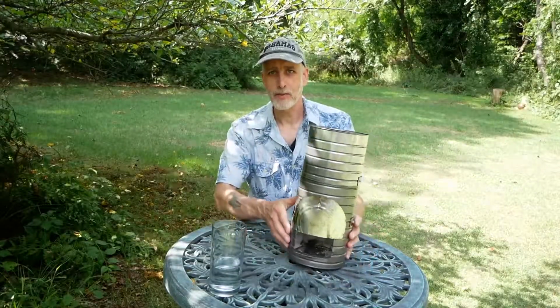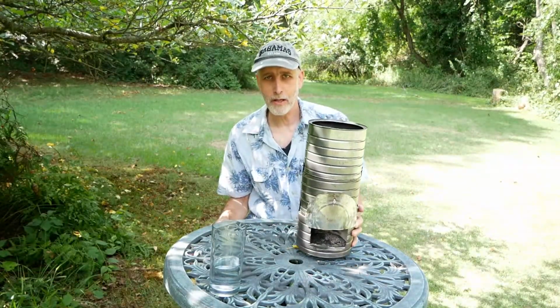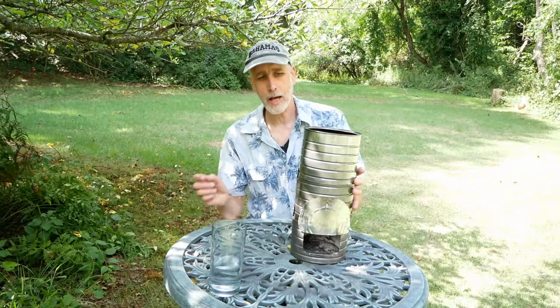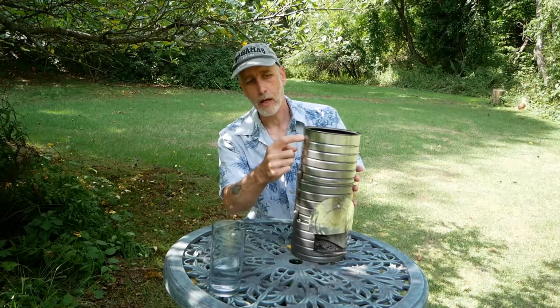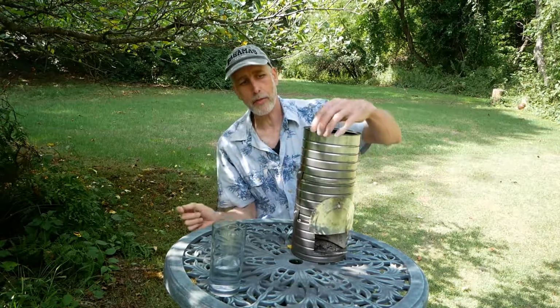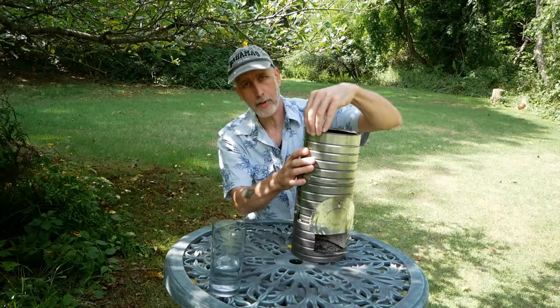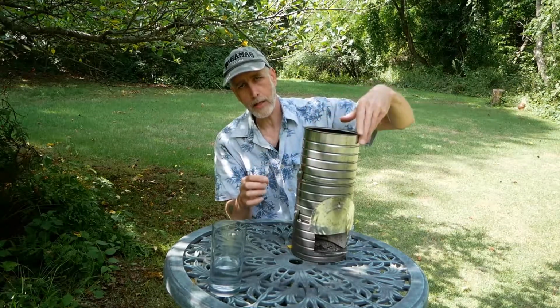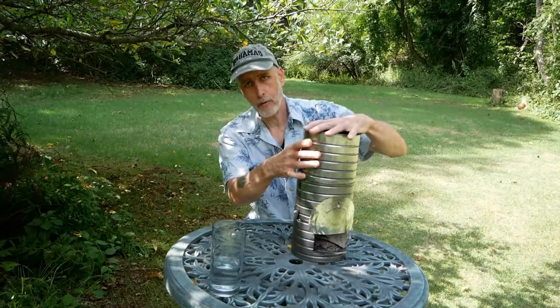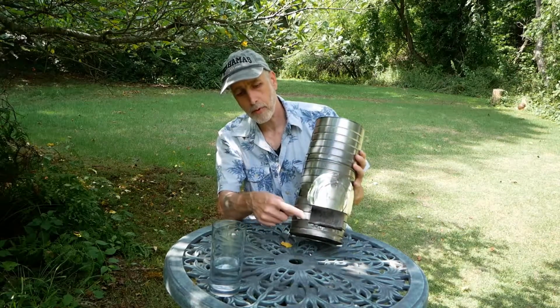So guys, as you can see, this little rocket stove burns pretty good. And if you wanted to put a pot or something on top of it, I would just suggest cutting out little shapes up here. I tried to take a can opener, the triangle shape, on a different can, and see if I could make the openings in here, because that would let the flames come out, and you could put the pot right on top. But that didn't work, so you'd probably have to cut this